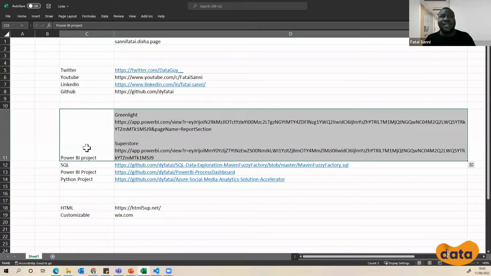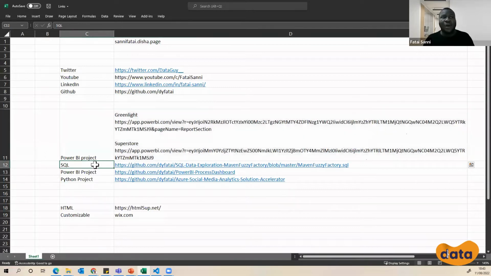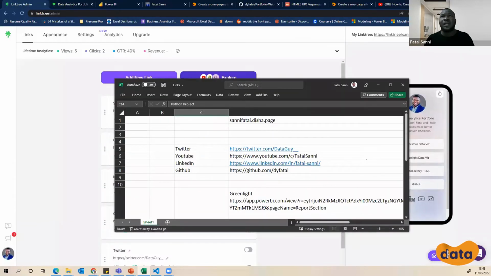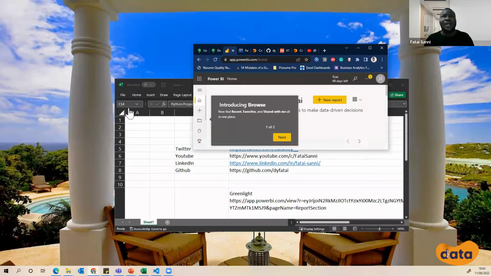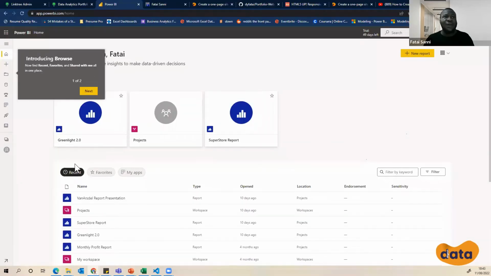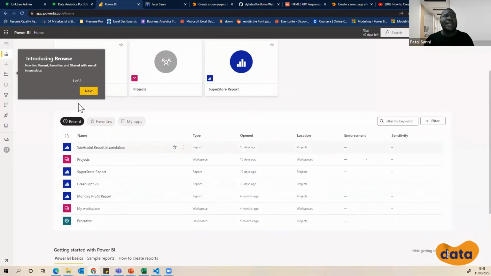This can also be a Tableau Public site. I have my SQL projects. I have my Power BI projects again. I have a Python project that I've built. I'm just going to briefly show you some of these landing pages. For instance, for Power BI, the way I've done it is to build some projects, and then I have,